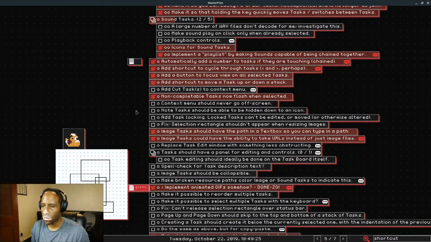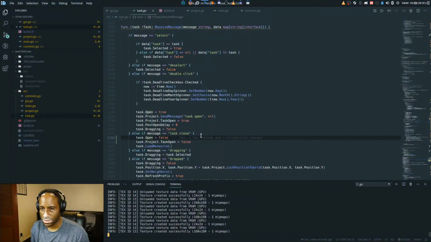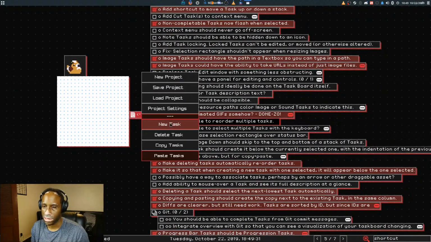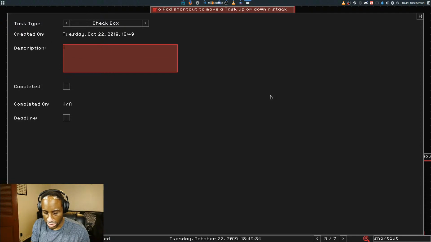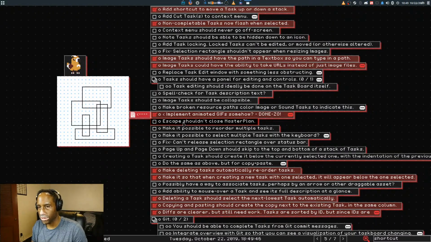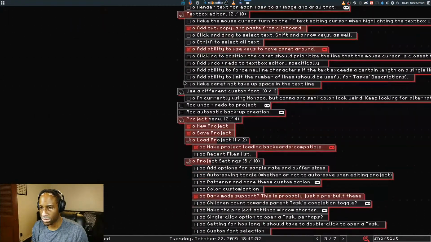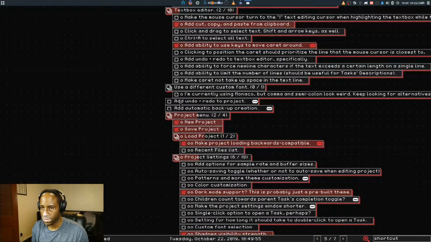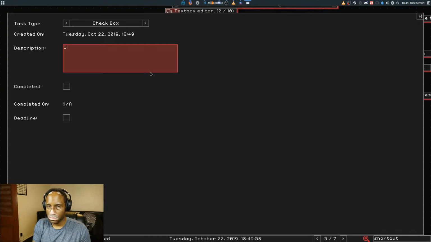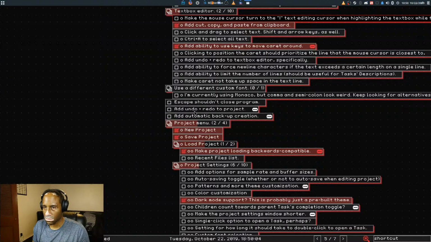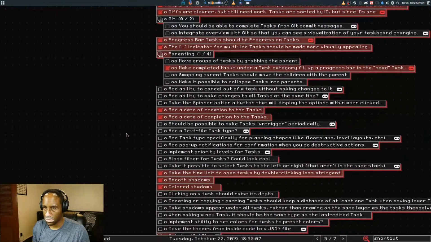Okay, so I just wanted to add that we can. Okay, that's what I wanted to do. I wanted to make a task for this so I could mark it as being done. Escape shouldn't close the program. Actually, that should be. I don't have anything for general program stuff. I guess I'll just put it on the main level here. Let's see.